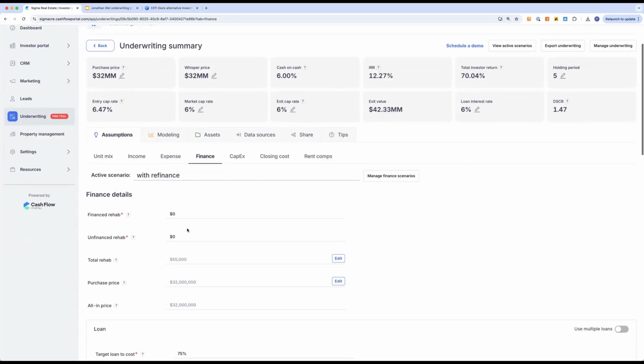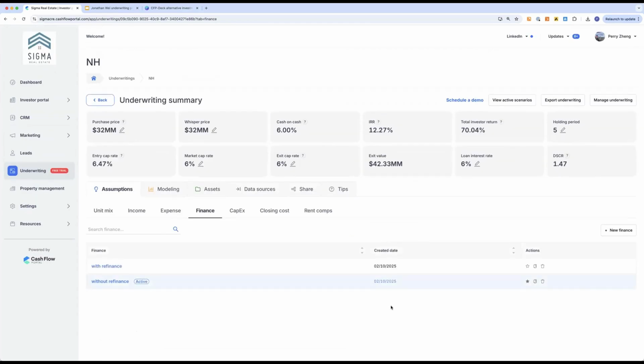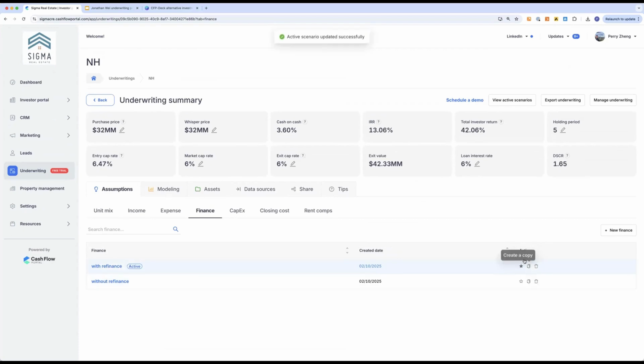Okay. Yeah, I know for the folks that are listening, what I just did is really advanced. And so the point here is that you can create different scenarios and you can toggle between the scenarios and you can watch how these numbers change in real time. Oh, so you just click on it? Is that what you do? Yeah, so you basically made this active, and then this is the 13% IRR. And then yeah, that's right. Oh, okay.